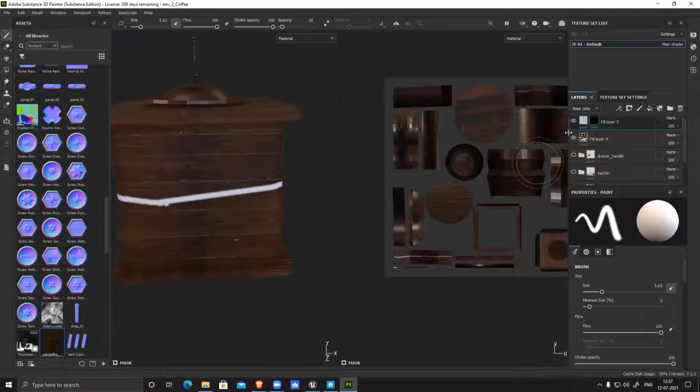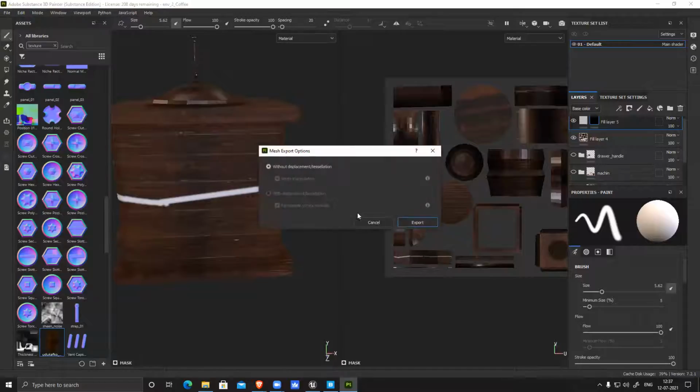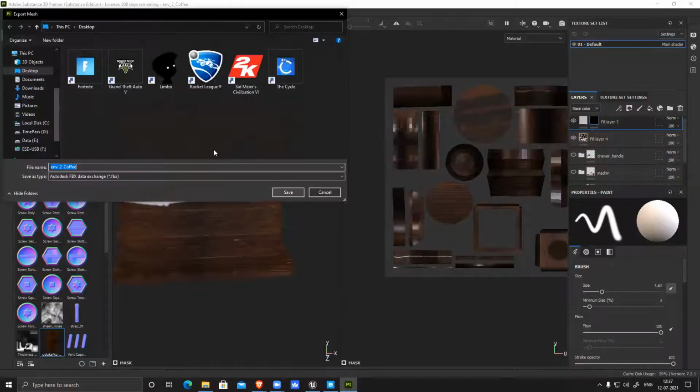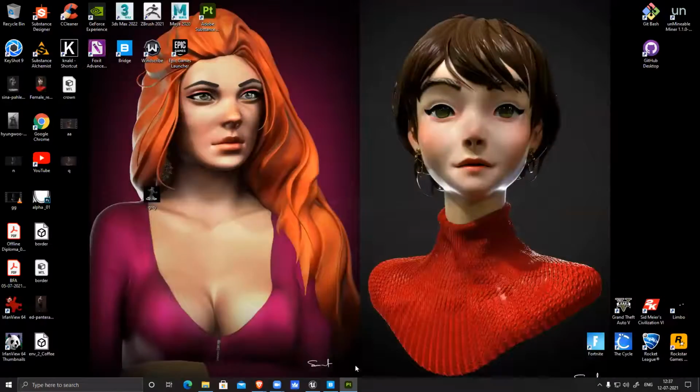Suppose you have this one. How are you unwrapping it? Are you not checking with a checker map? Checking, sir. Then how is there this much difference?